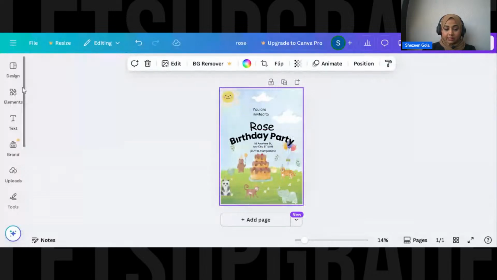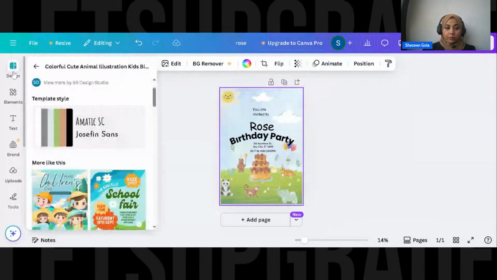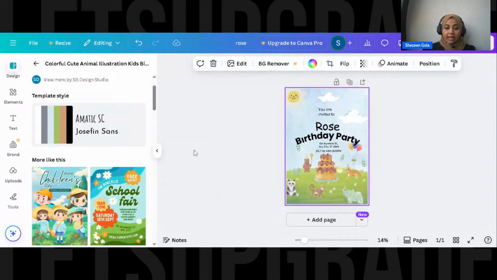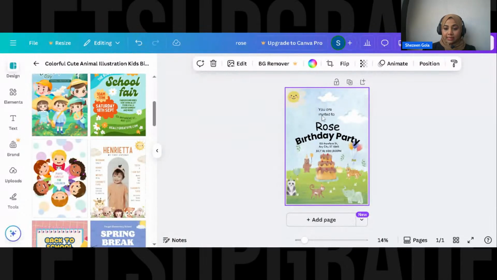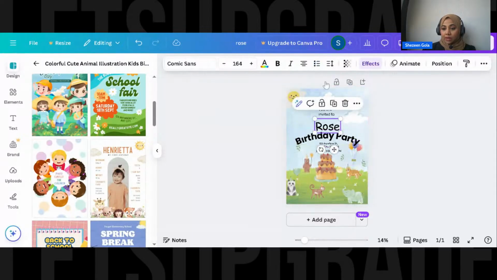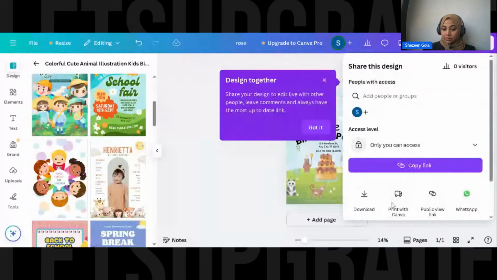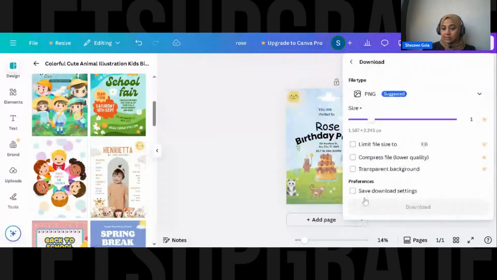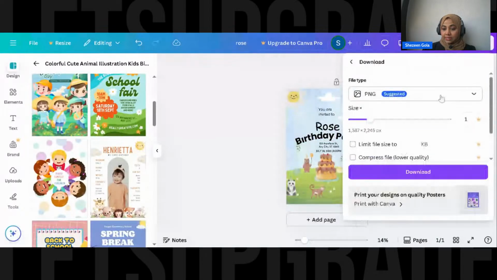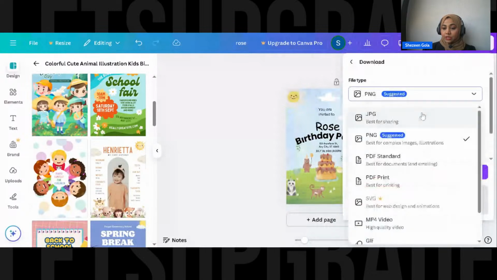So what we did is, let's go back and understand. We went back, we selected a design, then clicked on this and activated it. Now how to save it? You see these three lines out here, you can go here and go to share, and you can download it. The moment you download it, it will ask you for the file type. You can save it as a JPEG. PNG is usually good if you're using logos, because it will have a transparent background, easier to just put it in your artwork.